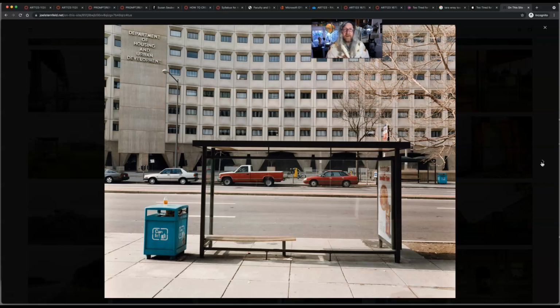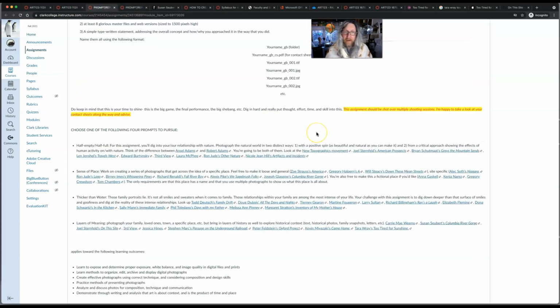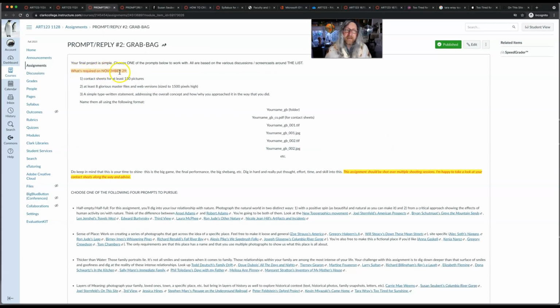So anyway, there are a lot of different ways that you can incorporate this idea of layers of meaning. Okay, you can also use photographs and rephotograph photographs. You know, a lot of different ways you can do this. So anyway, all I'm going to say at this point is think about this. And if there's something that you want to do, feel free to run it by me. Feel free to brainstorm with me. I'm happy to help. I do want you to note that this is not due until November 29.